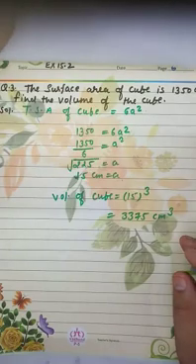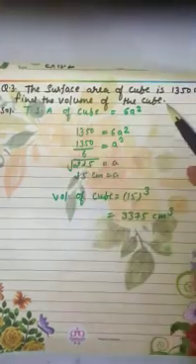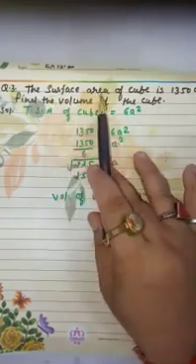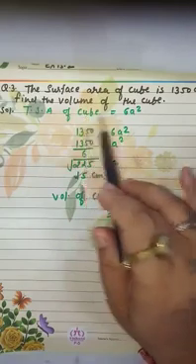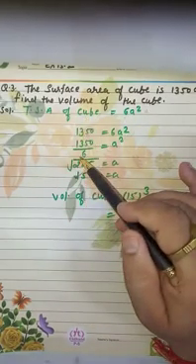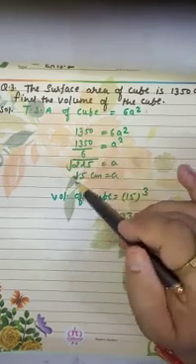Now come to 15.2 question number 3. Surface area of cube is given. Find the volume of the cube. Class, if the surface area is given simply like this, it means total surface area of cube equals 6a square. Divide by 6, it goes to the denominator, it will be 225. The square goes to the root, it will be 15 centimeter.